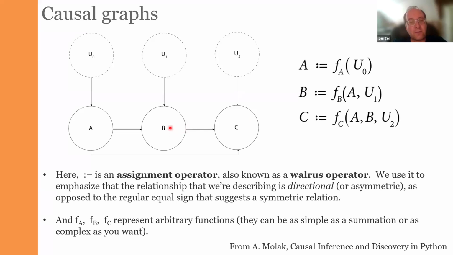So if we run an experiment and change B and C changes, but A does not, then the causal effect goes from B to C, but not from B to A. The problem is that this simple logic fails if we go beyond simple experiments or a small number of observables. If we observe multiple aspects of the material behavior at the same time, we don't necessarily know which one causes